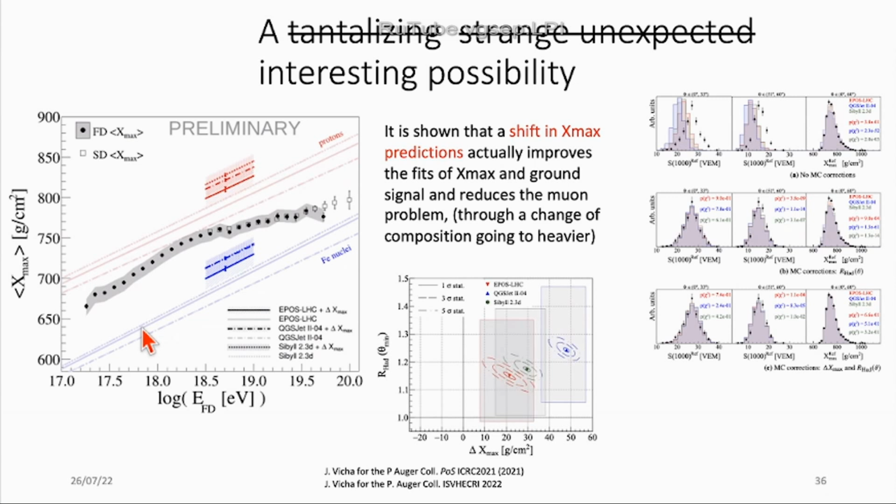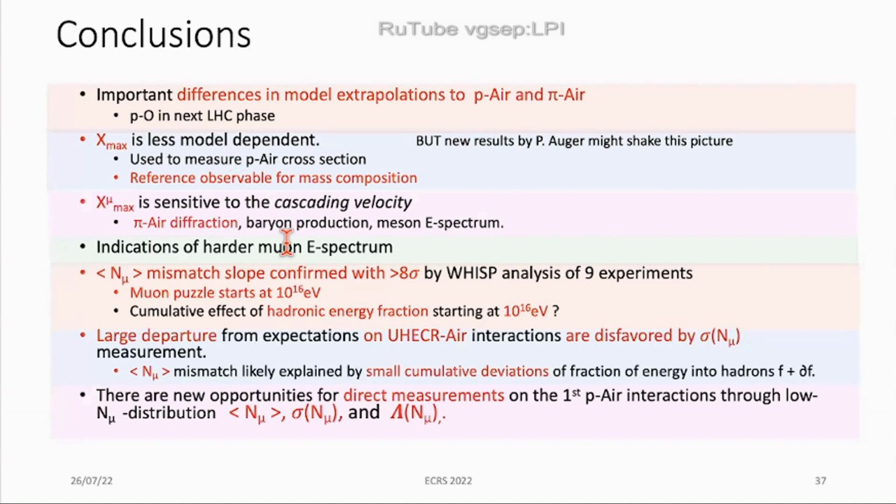So it looks like the data is in tension with the models and wants the models to shift, a positive shift in Xmax, which is quite unexpected, and this would change the composition, and of course it would have profound implications for the understanding of the hadronic models, but the results are yet preliminary. And here we see the prediction of the hadronic models, and in dark solid lines is the result of this study, what the models should look like to have a better fit. Sorry, and then the conclusions is that there are important differences in model extrapolations for proton air and pion air,